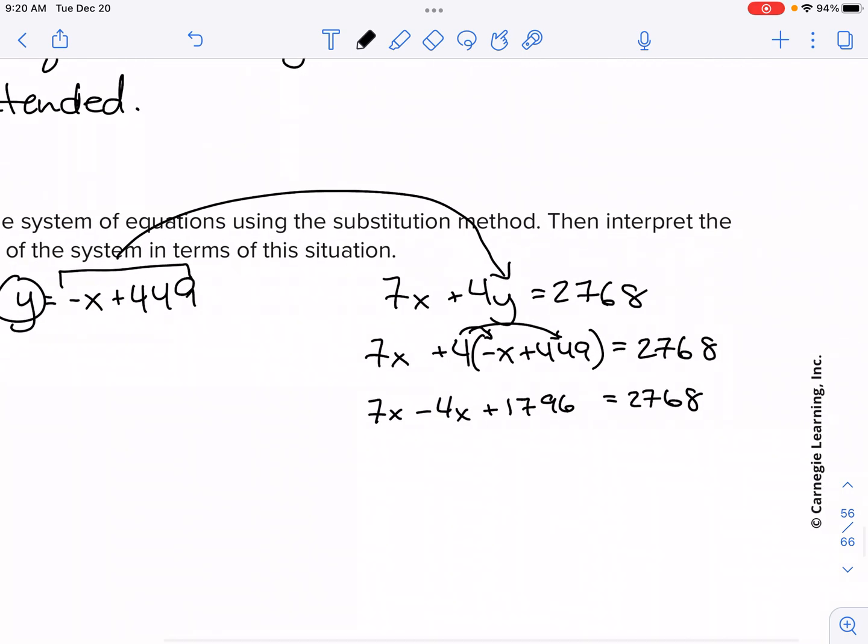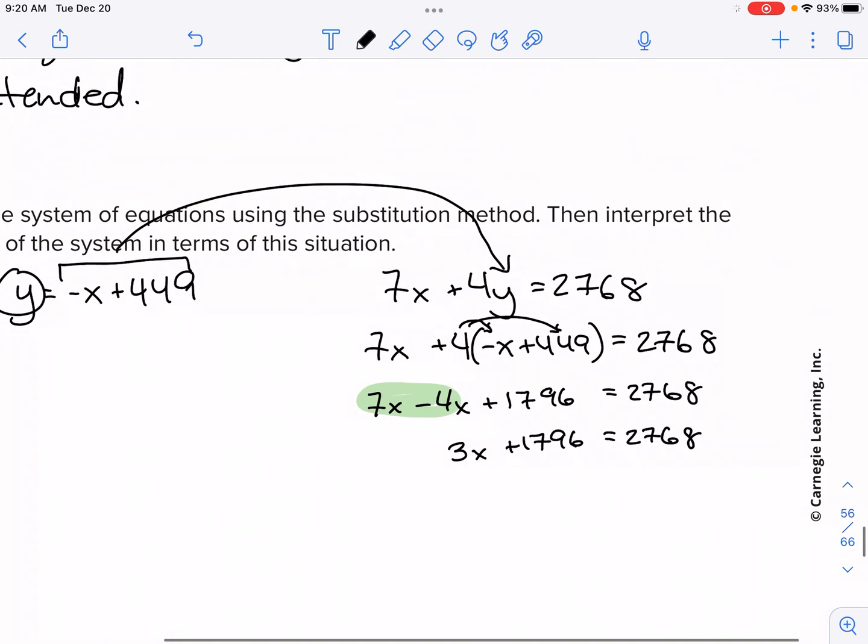And then here, when we solve the equation, we do want to make things simpler. So we want to combine some like terms. 7x minus 4x, 7 bananas minus 4 bananas is 3 bananas. I'll rewrite all the numbers here. And the next thing you'd have to do is subtract this 1,796 from both sides. I'm not going to show that step, but if you do that, you would get that this is equal to,